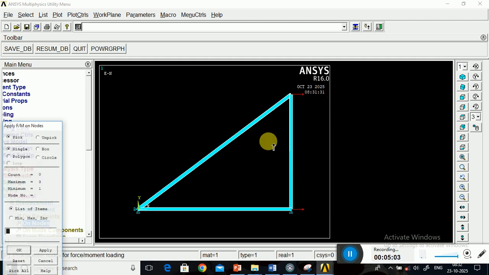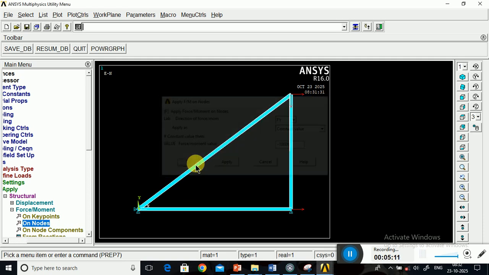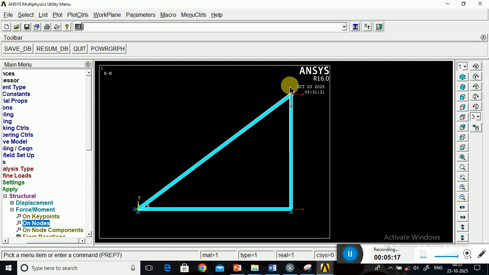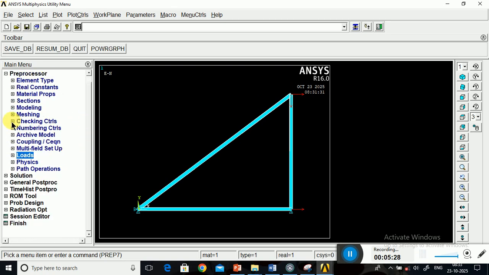Again there is a load in the y direction, so FY, and it is in the negative y direction, which is 10,000. You can see the diagram, it is 10,000 and 20,000. Here you can take a screenshot of the loading and add this in the report. Now we have applied the load, so the preprocessor work is completed.